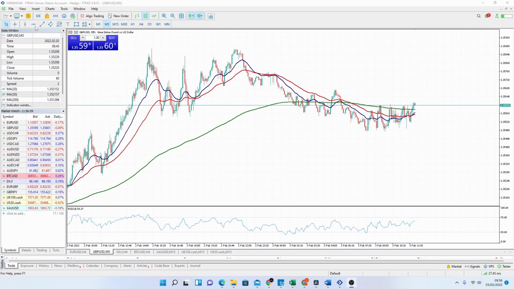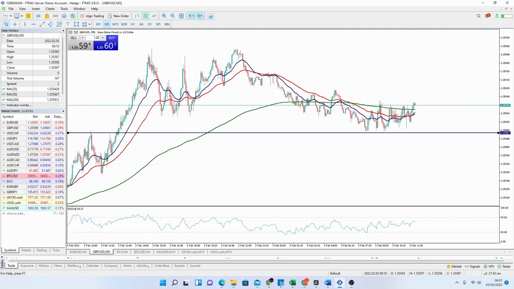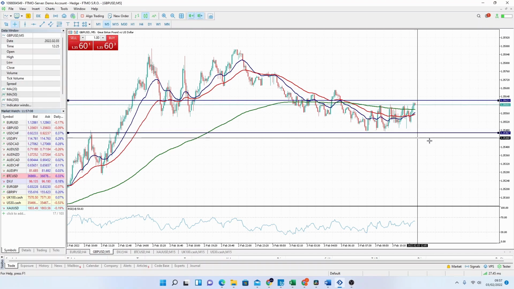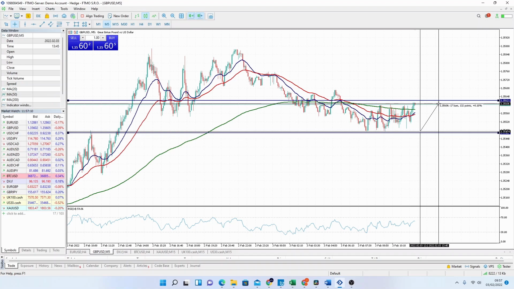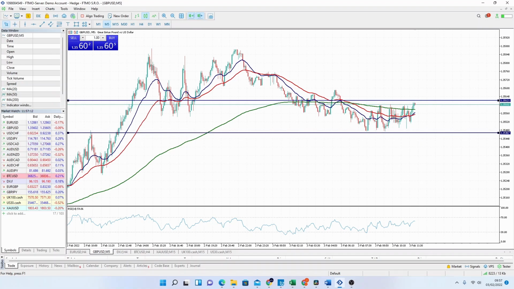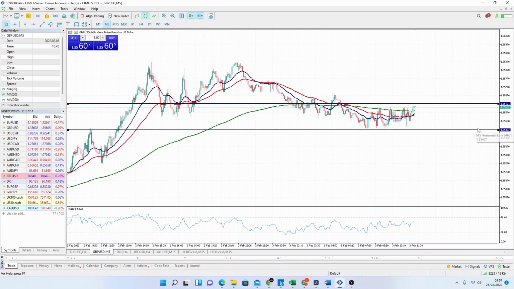It's a very tight range on the pound, almost just up and down between 10 pips, almost nothing for what we'd expect that sort of currency pair to trade. So we could theoretically wait until just before the news announcement comes out and place a buy and a sell order above and below the range of the previous hour, just as an example. Now whatever the announcement does or the momentum comes in, we can get triggered into one or potentially both of those trades and take out a profit.